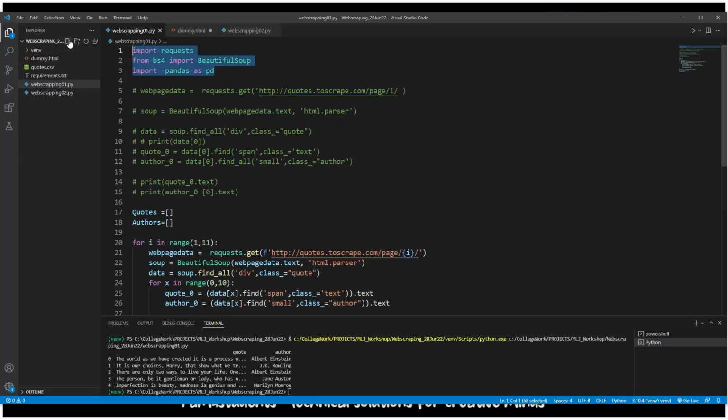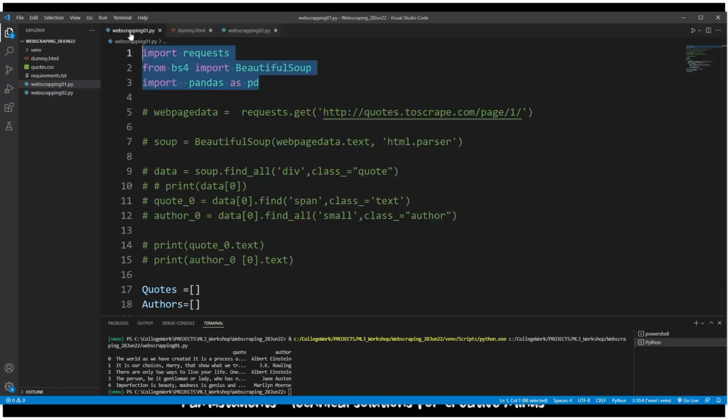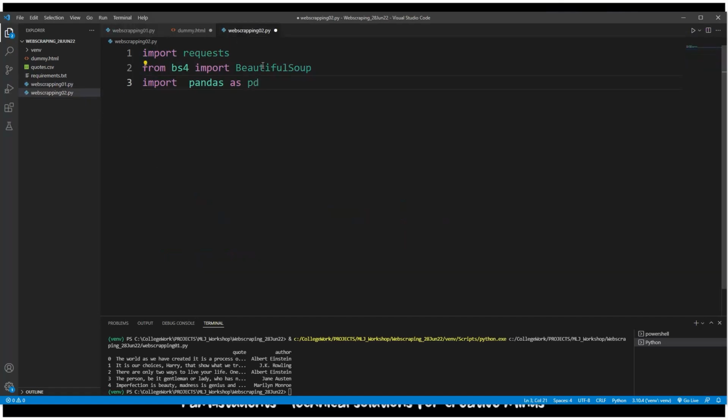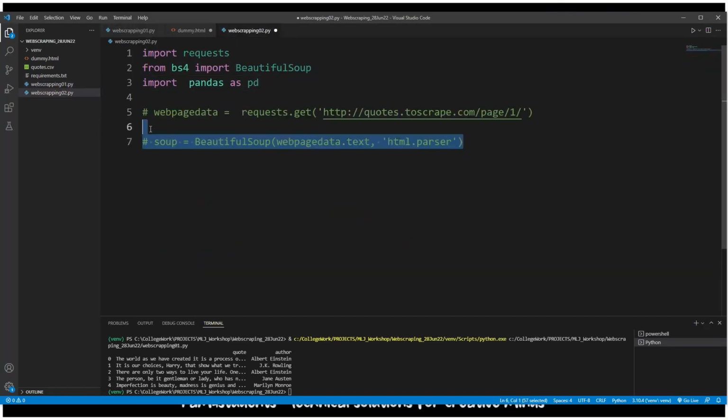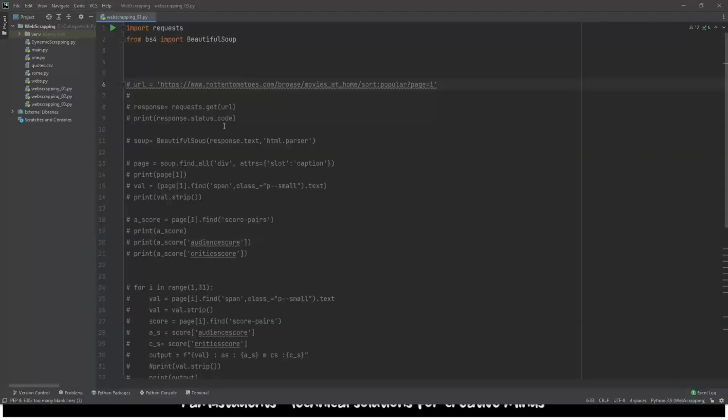So if you see here, we need all these 3 commands, the libraries, but these 2 things we don't want. It's a web data, and right now we are not going to use this link from the code we used till now. For this one we'll be using Rotten Tomatoes. So if I come back and select